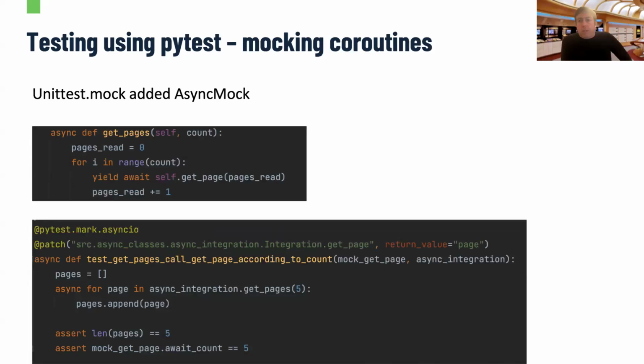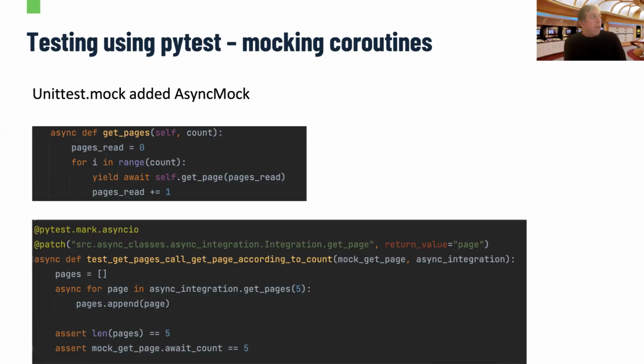What you can also do is use AsyncMock, like unittest MagicMock. You can mock coroutines. So here's an example of how you mock a coroutine and test it. This is something that's nice to know, and I think it's very valuable when you're testing and mocking coroutines.